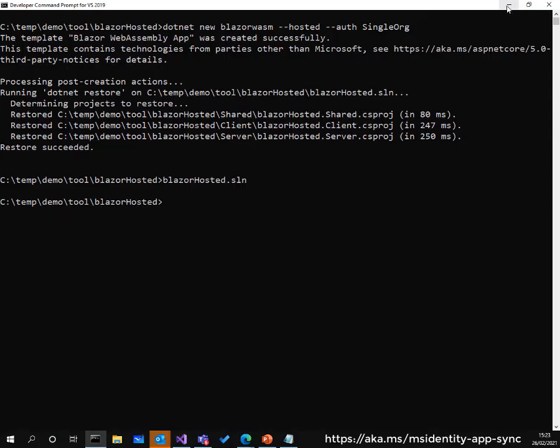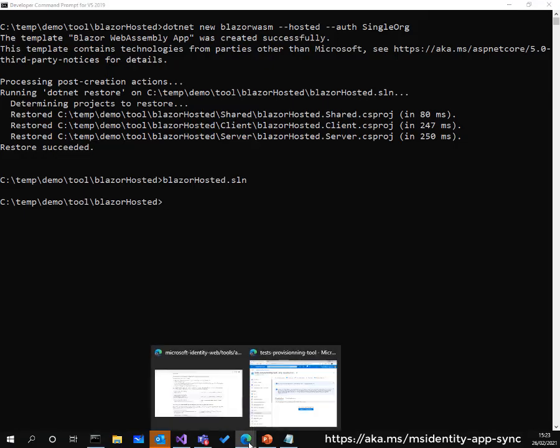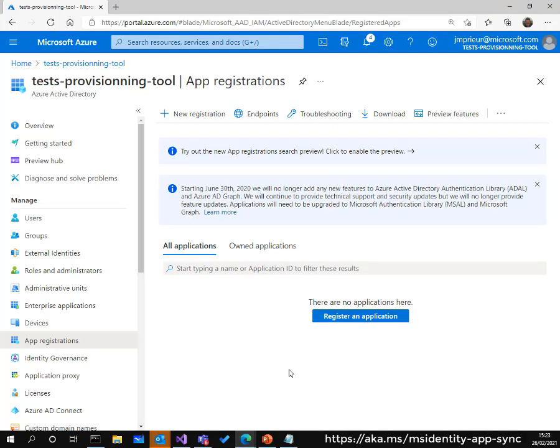But first we need to do the app registration, which means we need to go to the portal. I have a special tenant. I'm using this tenant because, as a Microsoft employee, I cannot, as a user, consent to an app calling a web API, so I would not be able to test it in our tenants. But you see, there are no app registrations here.